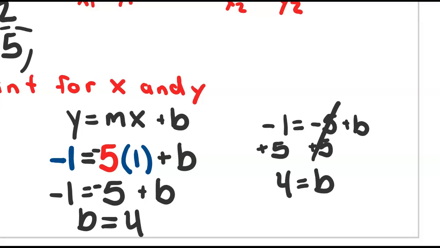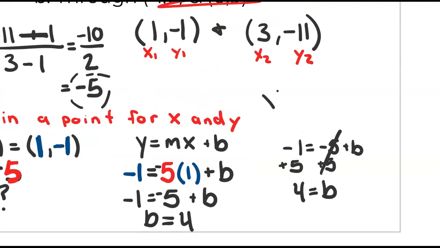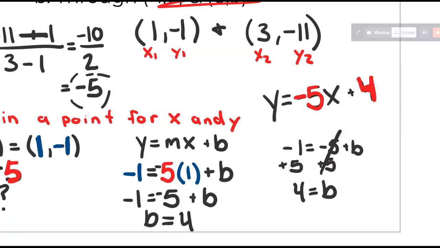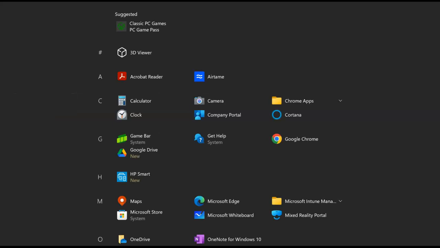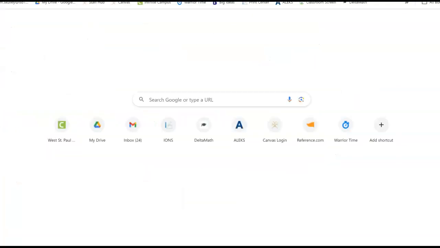So 4 equals b. So our last thing is we need to put all these pieces of information together. So you write our line as y is equal to -5x plus 4. We're going to spend another day on this. We'll focus more tomorrow on being able to solve for b, which will be our main focus tomorrow. So what I want